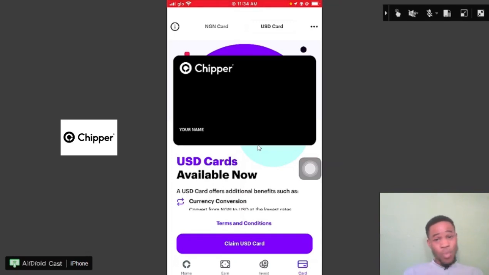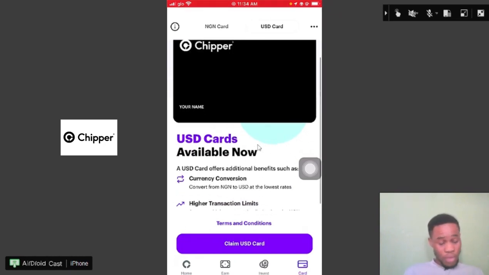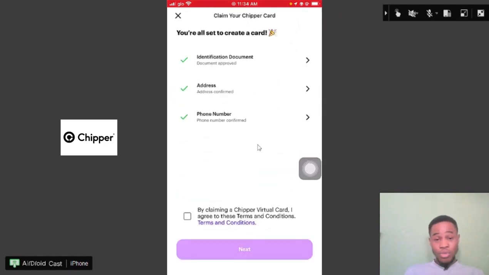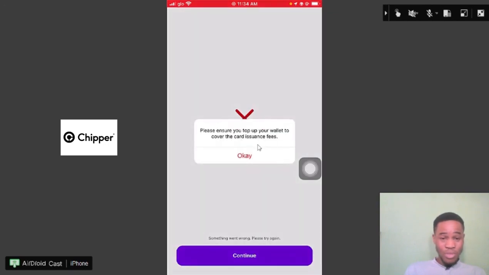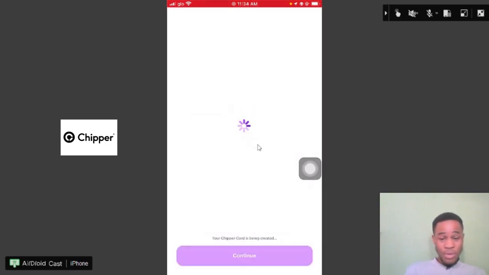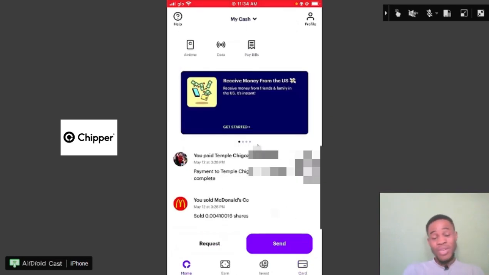So this is one of the cards. I think you will be charged 2,000 naira, and then their rate is still a little bit high. I think they are using 746 right now for Cheaper. Although Cheaper's rate is a little bit high compared to the other ones that I'm going to show you,